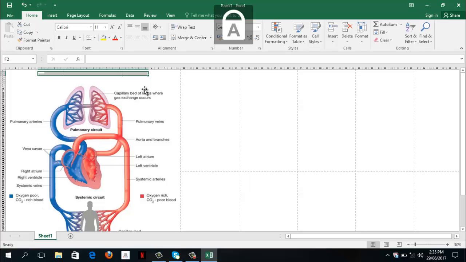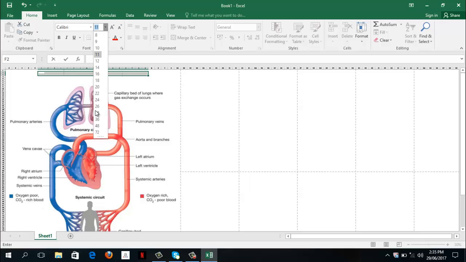Let's make it larger so we can see the font. How the lungs and the heart work together.